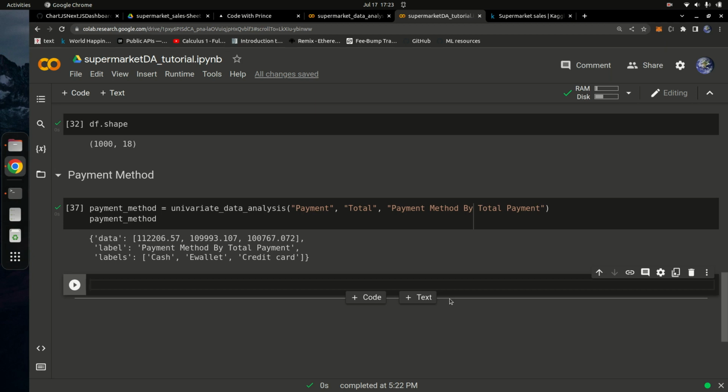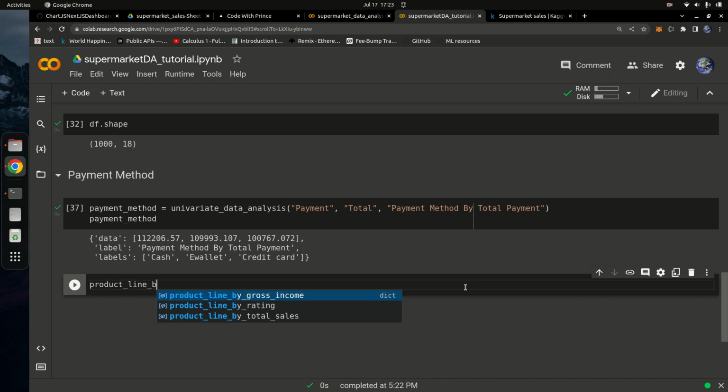I want to go ahead and find the product line by quantity, right? Which of the product lines did we sell the most? Which of the product lines does the supermarket sell most? So we say product_line_by_quantity, right? And this is going to be equal to